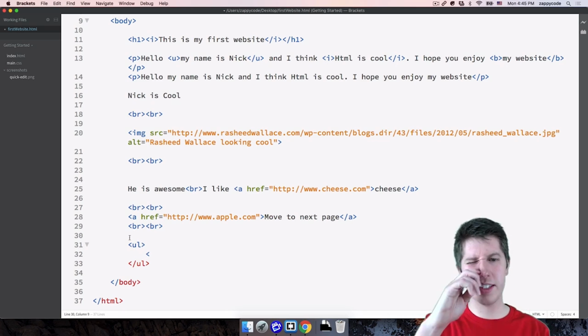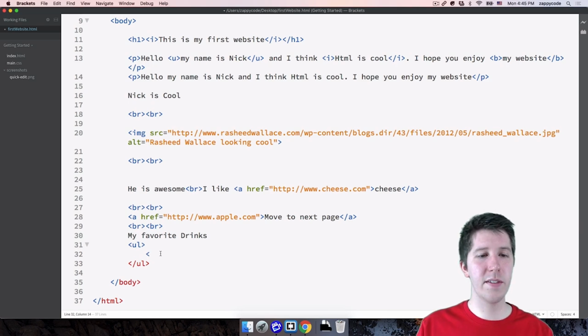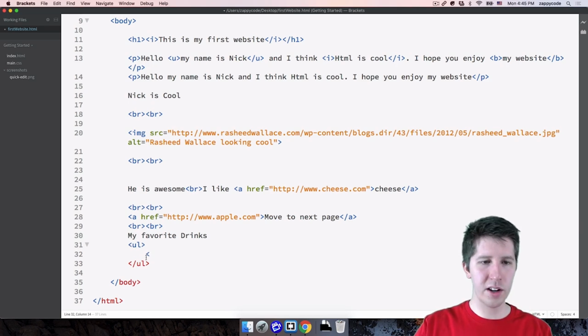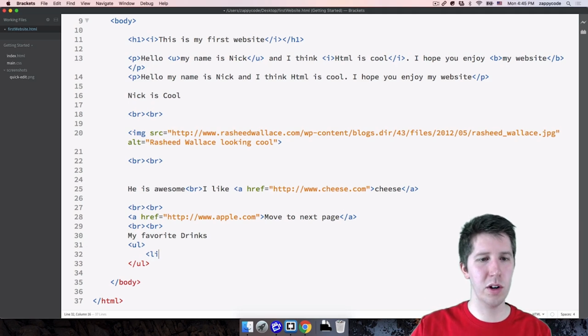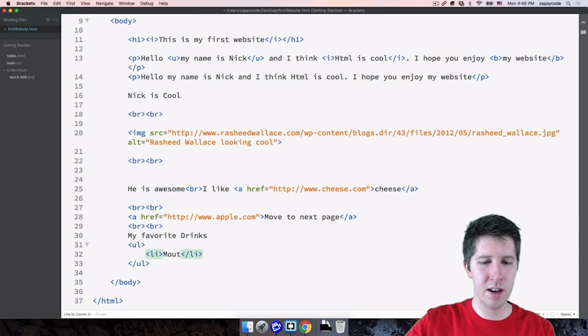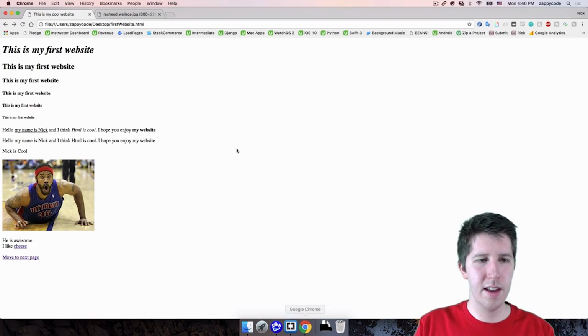And then I'm going to say maybe something like my favorite drinks. First, I have my unordered list, opening and closing. Then I have to make list items. So I just do LI, which stands for list item, and I do my closing bracket there, and then I just put some text inside of there. So one of my favorite drinks is Mountain Dew.